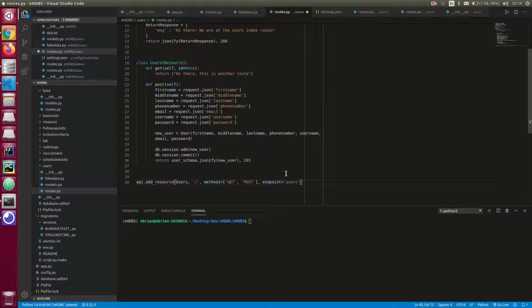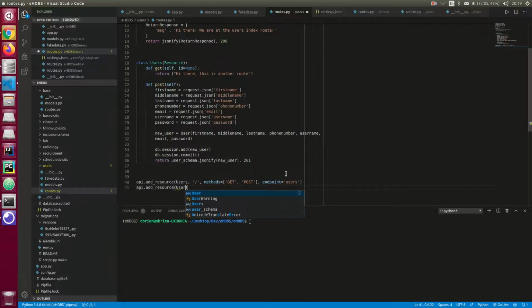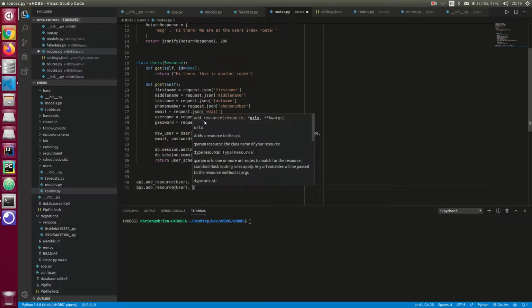I think I'll map that one later. Okay, let's just map it once more so that when we come to the next tutorial we won't be wasting our time. Okay, so here again we'll just do API dot add resource, and then I'll just map the users class here again, the users resource again, so users,